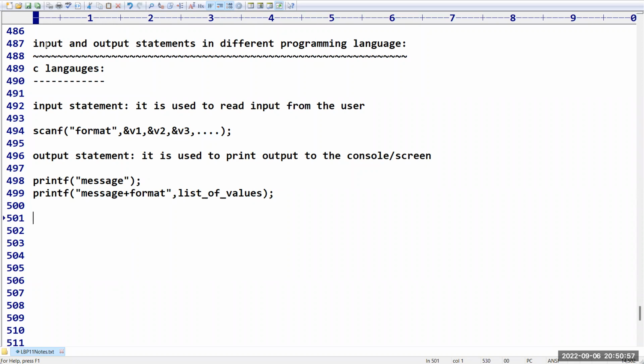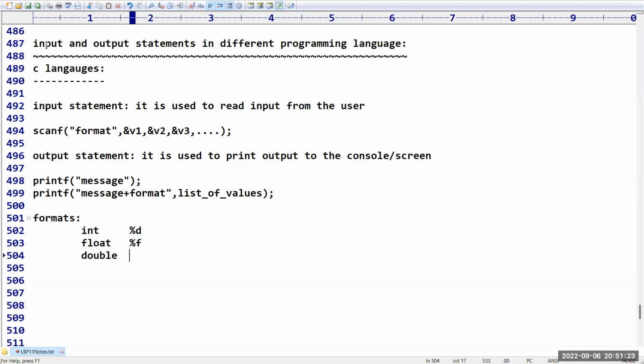I want to write a program to read three numbers from the user and print the addition of these three numbers. That is my requirement. What about the formats? If it is an integer, we use percentage d. If it is floating point, we use percentage f.